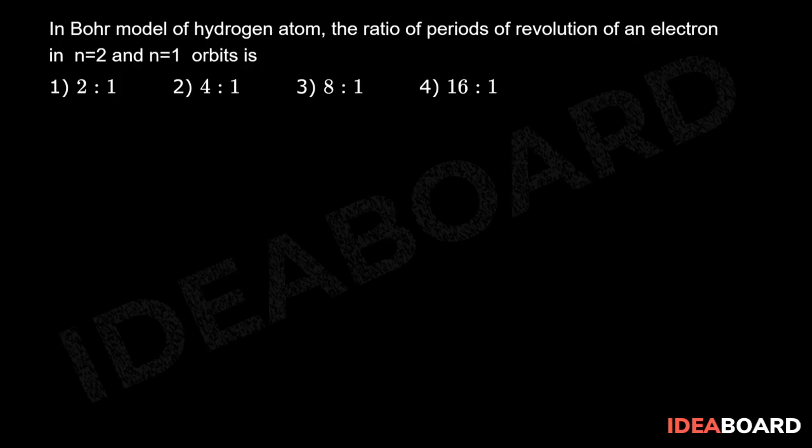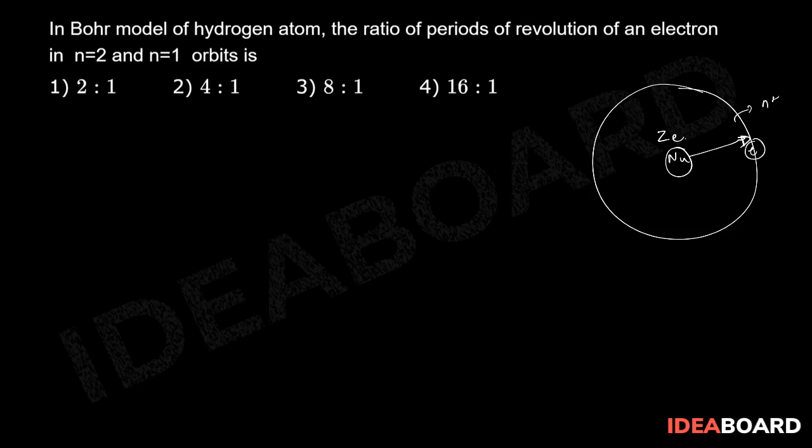So suppose there is a representation. We have a nucleus, and suppose our electron is like this. So I am taking this as a general case. I am taking this as a hydrogen like atom which has Ze charge, and there is an electron which is in any random nth orbit. So it has Rn radius, and suppose that it is moving with velocity v. So I can say this v is going to be Vn at that moment.